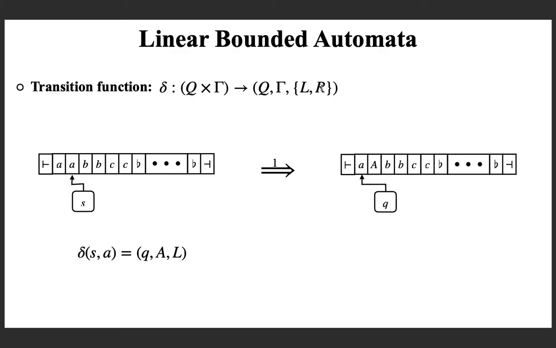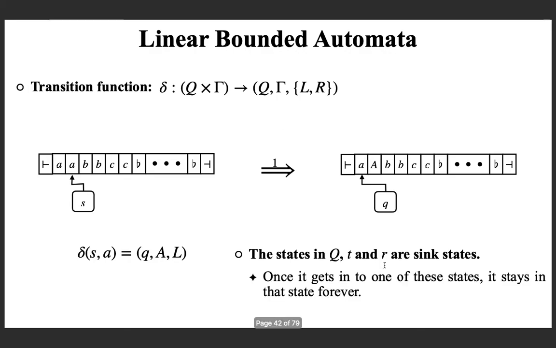Now we can proceed and see what language is accepted by a linear bounded automata. Before that, let us recall the nature of the two states that we introduced as a part of the definition of LBA, that is the states T and R, and these are sink states. If you recall, T is the accept state and R is the reject state, and they are sink states in the sense that once the machine gets into one of these states, it stays